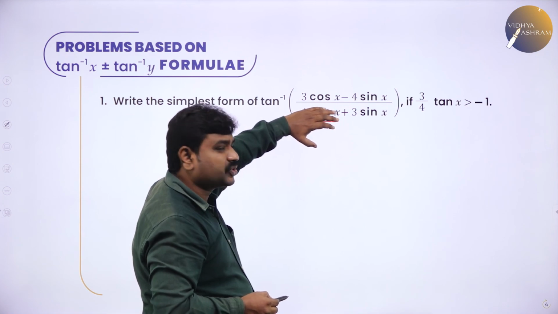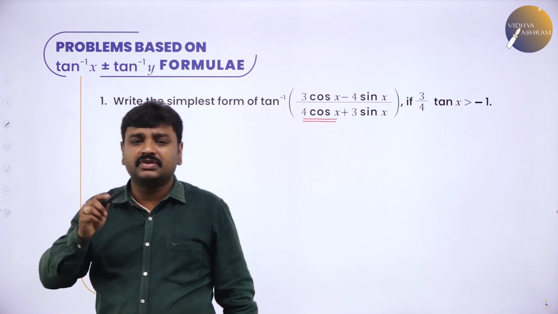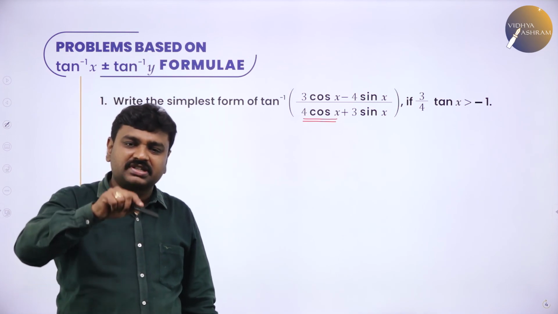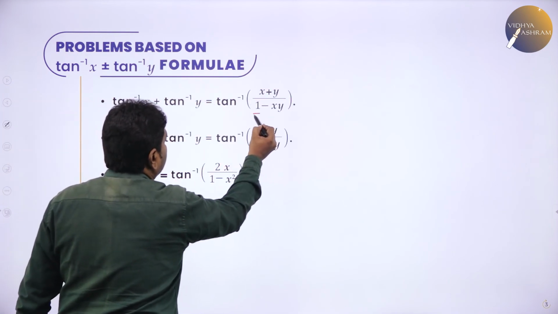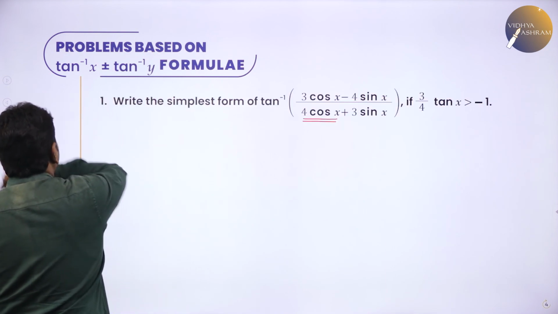In this place we should always get 1. That is the hint, because when you learn the form tan inverse x plus tan inverse y, it is tan inverse of x plus y by 1 minus xy. Denominator first term is 1. Tan inverse x minus tan inverse y, denominator first term is 1. So in any of these three formulae, this is 1, here 1, here 1. So in this place you should always get 1 to reduce it into standard form.